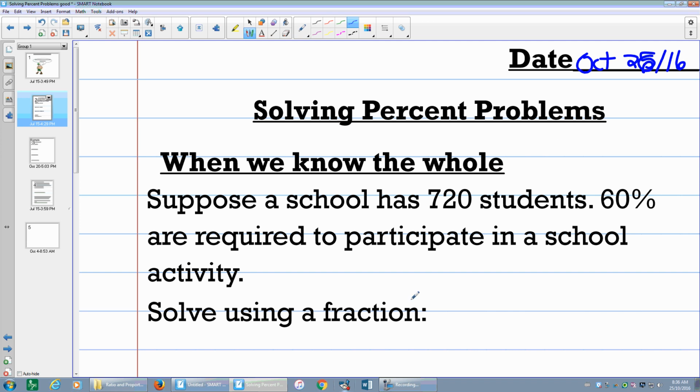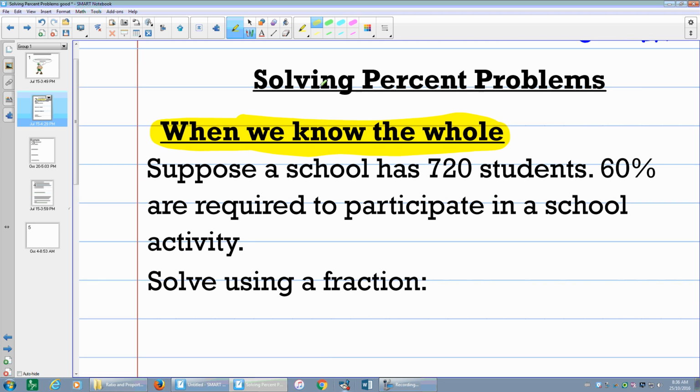So it says here, when we're solving percent problems, there's two ways we can look at these problems. The first way, so this is, again, I'm going to highlight this, when we know the whole. And when it's saying the whole, it's saying the total amount that we're talking about here. So when we know the whole, I'm going to give you some suggestions and some strategies on how to do